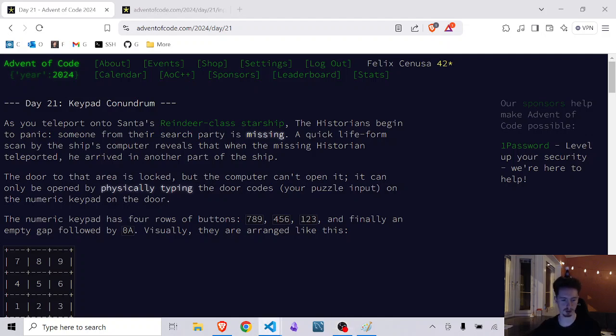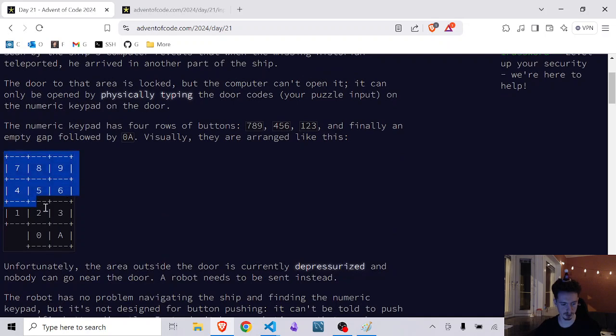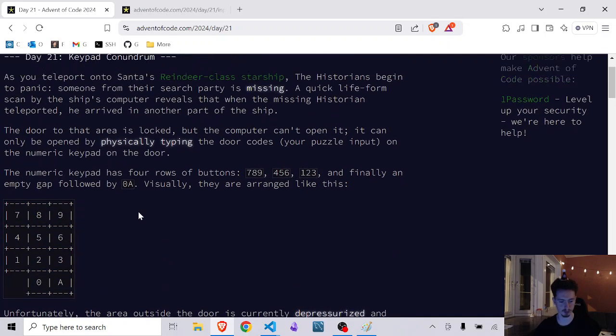Alright, so today we're going to be doing day 21 in Advent of Code. And today is going to be a quick one because I don't have that much time. So today's challenge, we get a sort of keypad that we need to press in a specific order to type